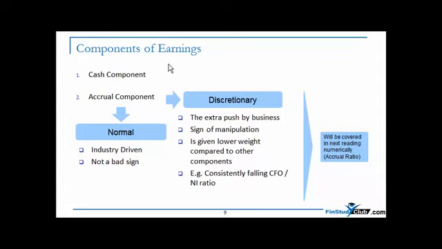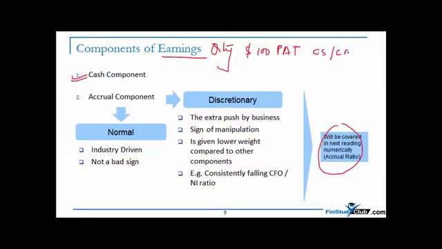So let's talk about a slide which is pretty relevant in the current context, and I'm going to come back to this slide in my next reading as well. So this is pretty much upfront communicated to you as well. Well, the slide basically talks about the quality of every earning, let's say it is $100 of PAT, will have some component coming out of the cash transactions. What I mean by that, it is the cash sales, it is the cash expenses, it is the other cash incomes. Okay, now obviously you are aware that an income statement is created out of the accrual component, and